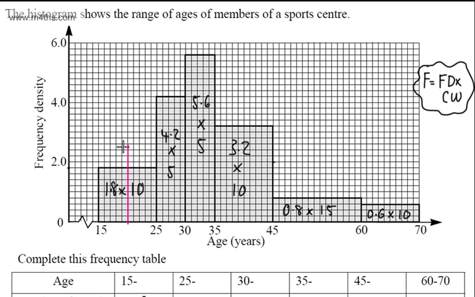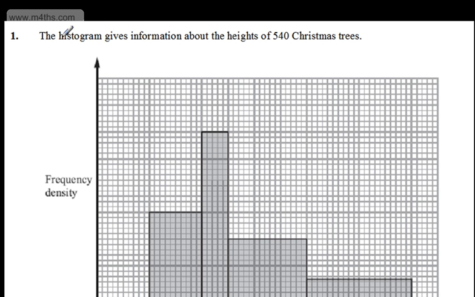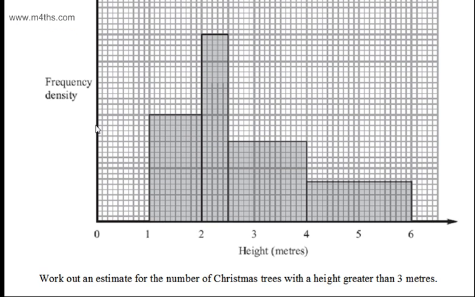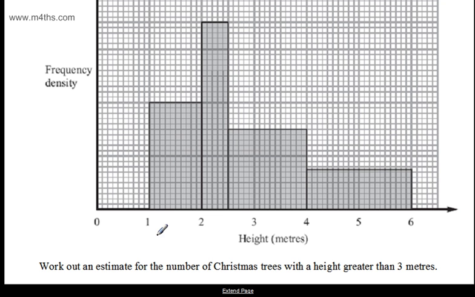Okay, so that's now interpreting one. Let's look at another question, and let's go ahead and try a different one. It says here, the histogram gives information about the heights of 540 Christmas trees. So this is what we've got. We're asked to work out an estimate for the number of Christmas trees with a height of greater than 3